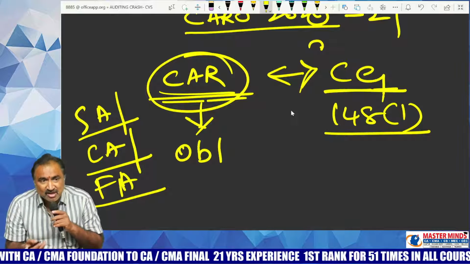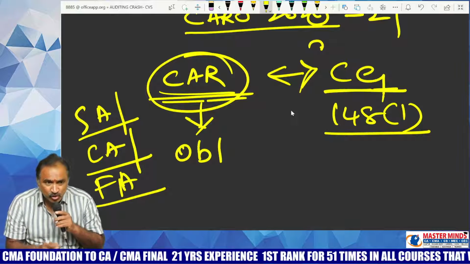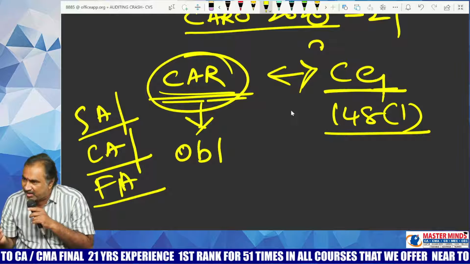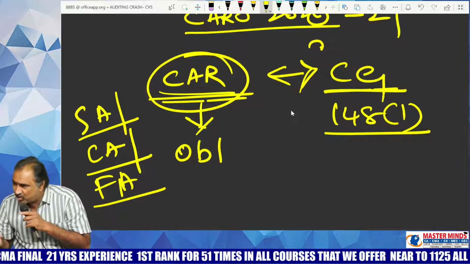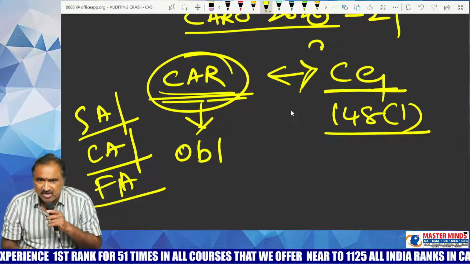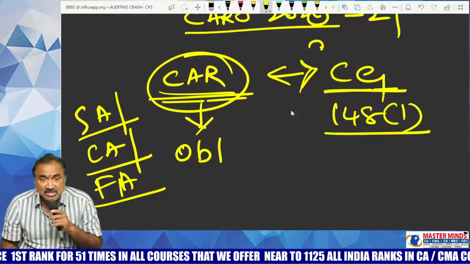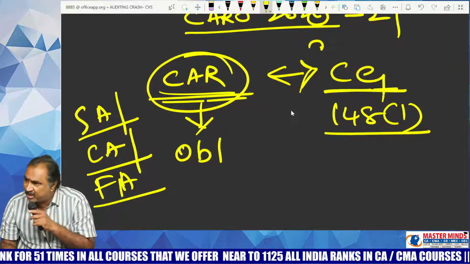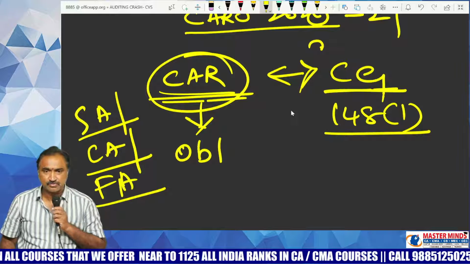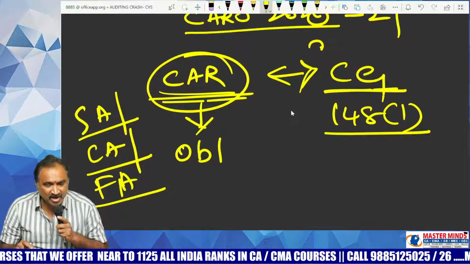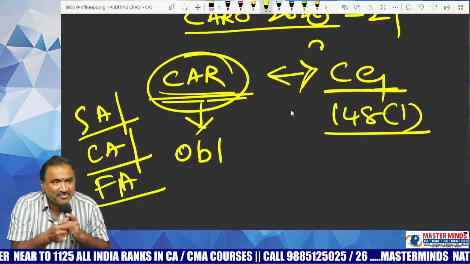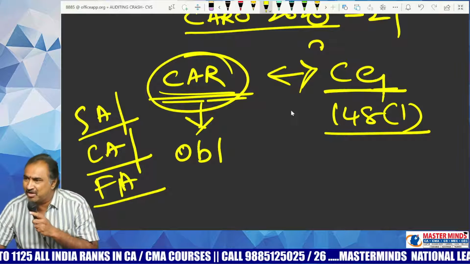In order to check whether the company maintained cost accounting records or not, you need to be given a right of access to cost accounting records. Without giving that right, is it possible for you to go through cost accounting records? Without going through them, is it possible for you to comment whether the company is following the directions given by central government under section 148 subsection 1? No. That is the reason why, although you are the statutory auditor, company auditor or financial auditor, you have been given a right of access even to the cost accounting records maintained by the company.